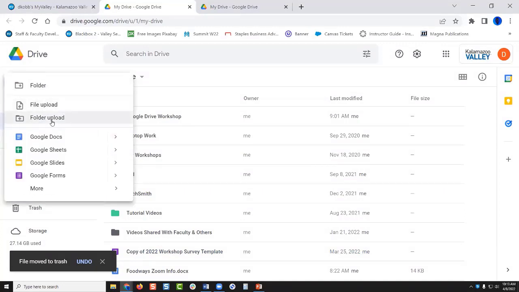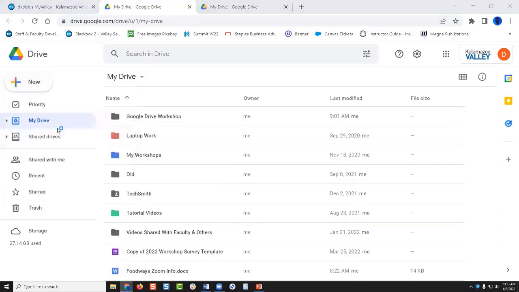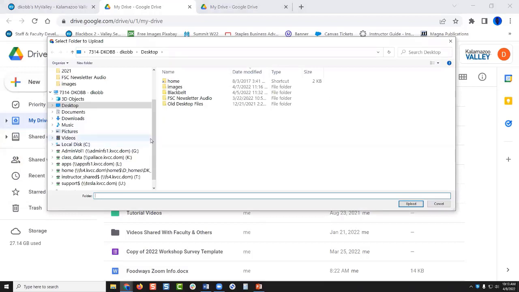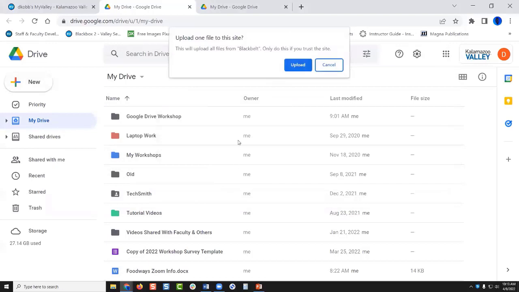You can also upload an entire folder. So I showed you how to create a folder here, how to upload a file, but you can also upload an entire folder. For example, I have this black belt folder, and there could be any number of files within here, and I could upload the entire folder.